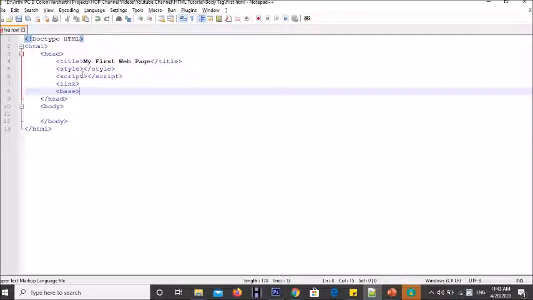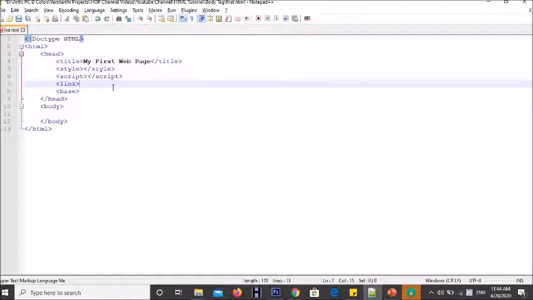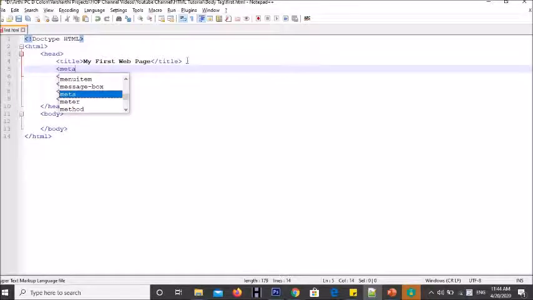Before that, note one thing here. Every HTML tag has an end tag. For example, if you are using the style tag, you should end the tag with </style>. Except for a few tags, every tag has its close tag. For example, the meta tag does not have a close tag as </meta>. For those tags, if you want to close them also, you can have a simple slash at the end of the tag, right?